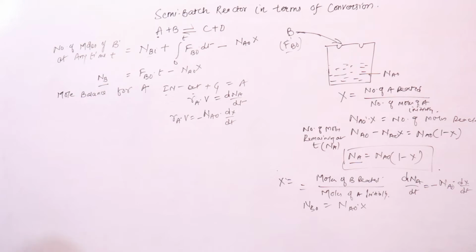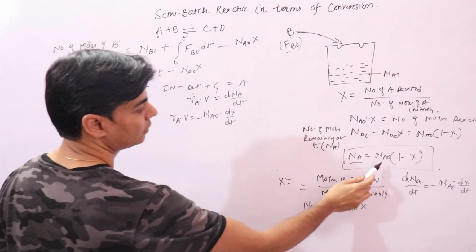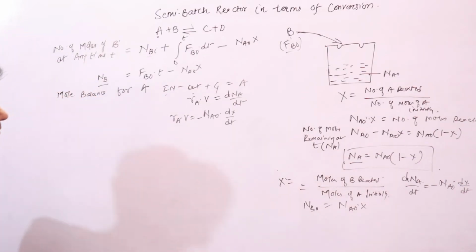This is what we have calculated now. This is from the mole balance equation, right? I hope this much is clear, right? The value of dNA upon dt is from here. We have calculated from here. Just remember this,